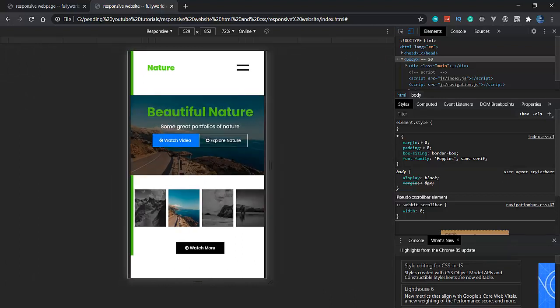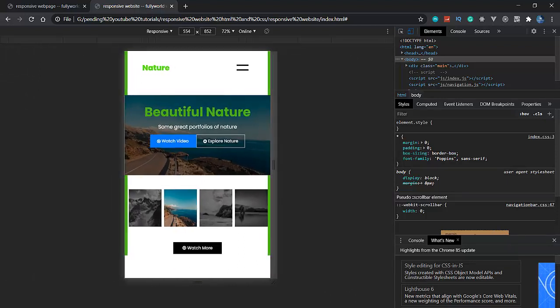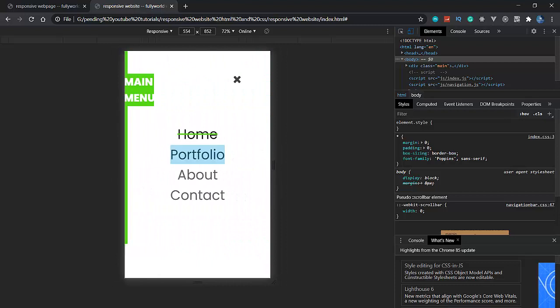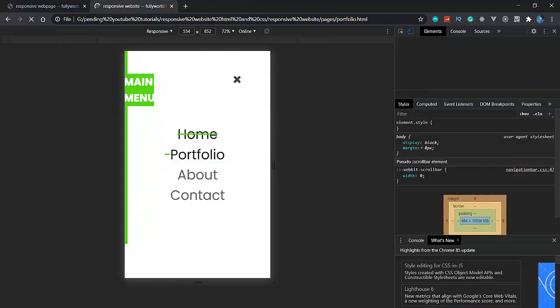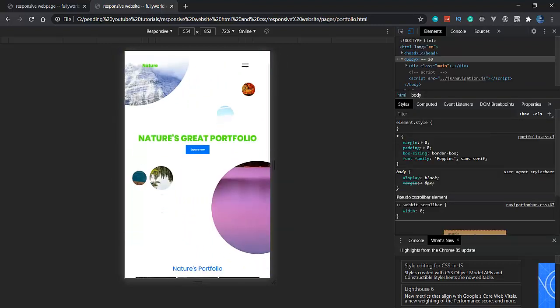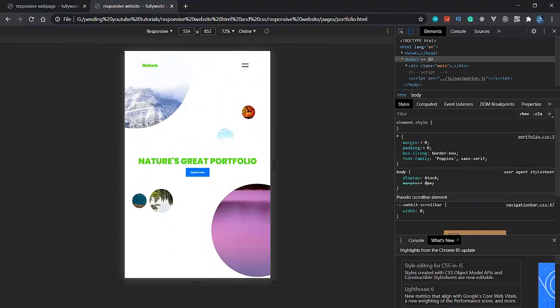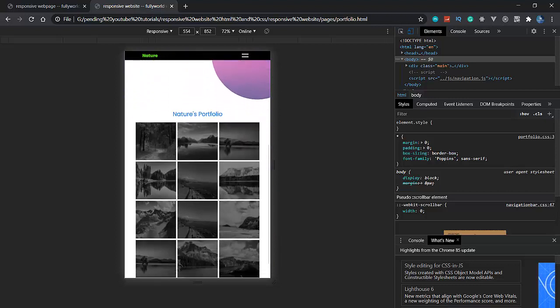In the next video we will make our portfolio page responsive. For the portfolio page the video will be much shorter. See that our home page banner is already responsive. This is a benefit of this clip path. So we just need to change the portfolio here.